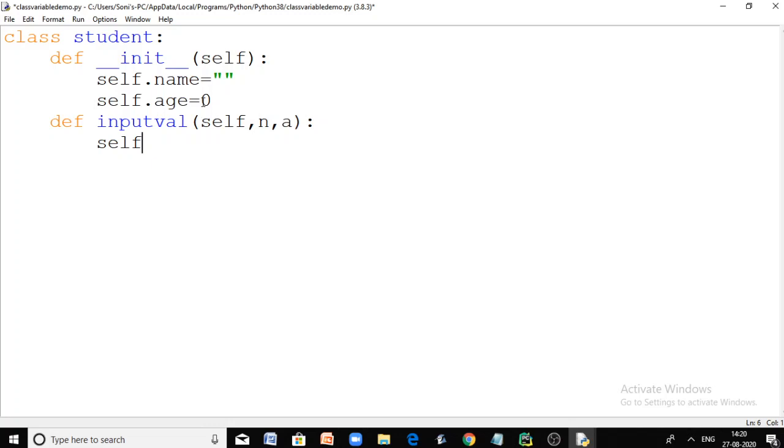So let me initialize name with the value of n, like this. Let the value of age be initialized with the value of a. Here it is n, here it is a. Now this input_val has two parameters n and a, and these are used to initialize name and age. Now let me write a method